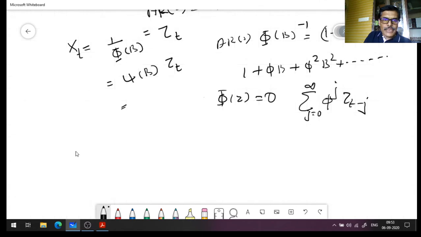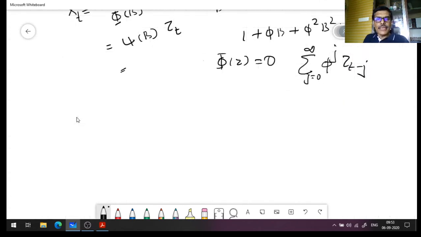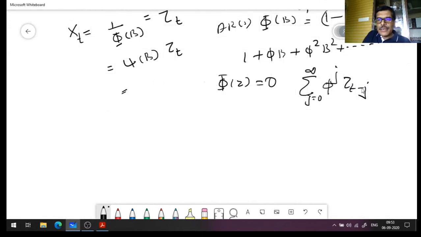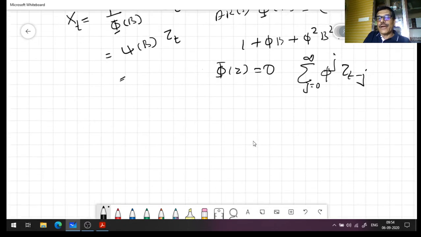In fact, causality in the sense that you will be able to write in this manner. What manner? Xt as a linear combination of past values of these innovations, an infinite linear combination of past values of errors. That's what we have done here. But that puts a condition on this. And this I am talking about AR1. Similarly, you will have a condition for AR2.